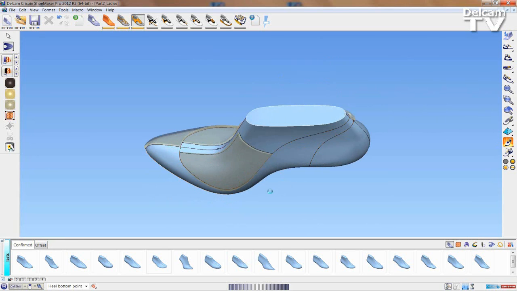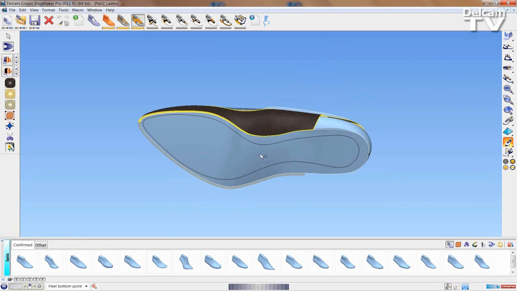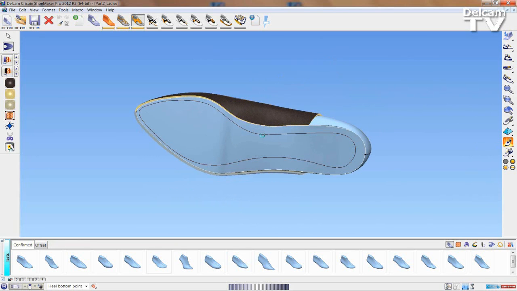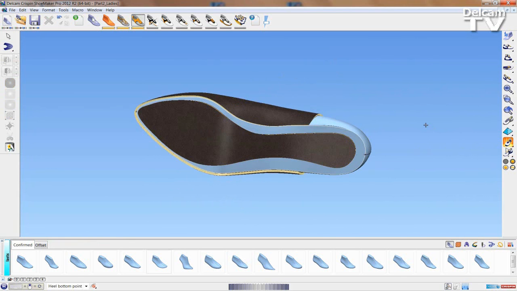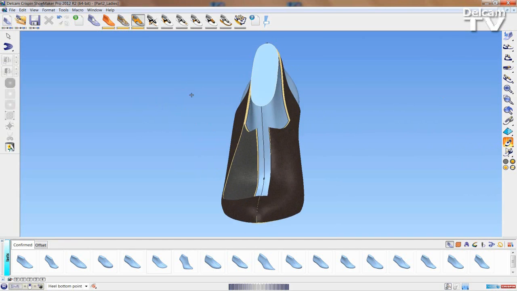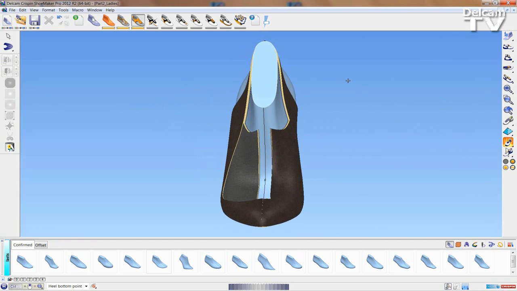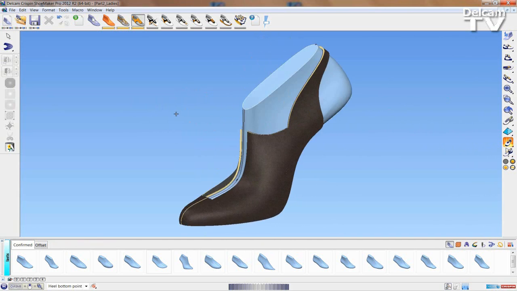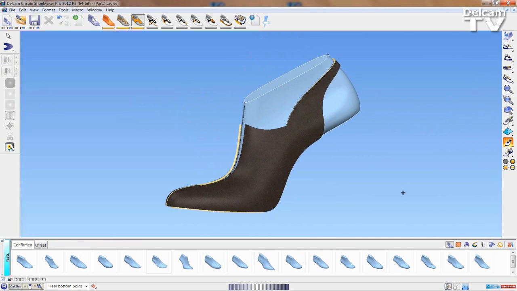At this point we can also create the sock piece. Simply select the line drawn on the bottom of the last. Right-click to exit this mode and we can now begin editing the panels. The panels can be edited in a number of ways. Materials can be dragged onto the panels by opening the Materials library,